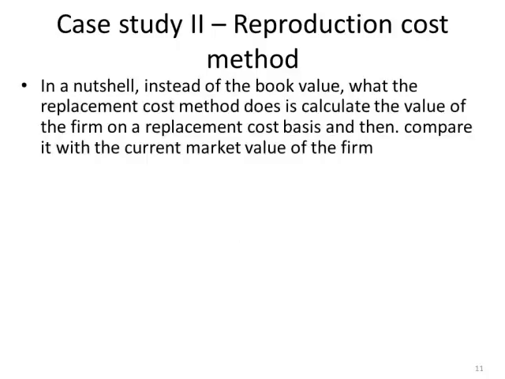Case study 2, reproduction cost method. So in a nutshell, what we're doing is that instead of looking at the book value, which is the liquidation value of the company, the replacement cost method calculates the value of the firm on a replacement cost basis, right? So how much would it cost me to actually replicate all the competitors' assets or the company's assets? And once we get a value for this, right? So we'll actually do this exercise, and we'll come up with a number that says the replacement cost value for the company is X rupees per share, and then we would want to compare it with the current market value